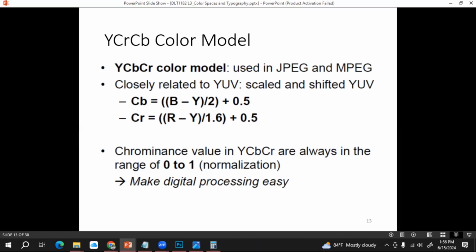These two file types are using the YCrCb color model for compression and to store their colors in the image file, right? Again, Y is responsible for the luminance of the image. Then Cb stands for chrominance blue. Sorry, Cr is chrominance red, right? This is chrominance red, and this is for chrominance blue,